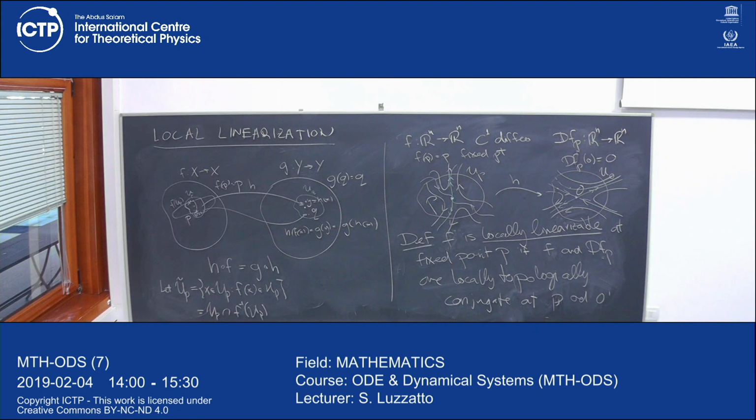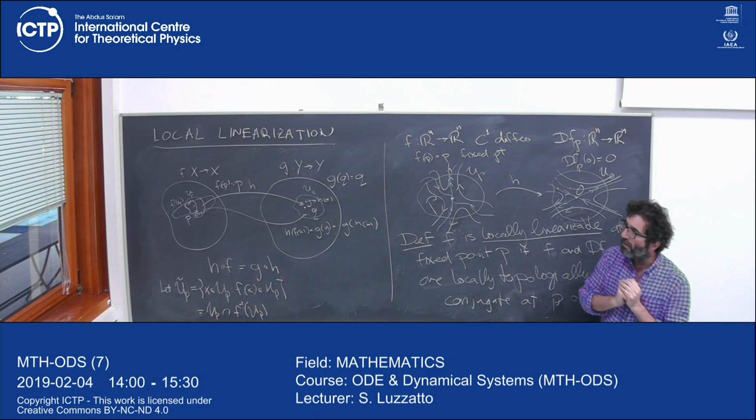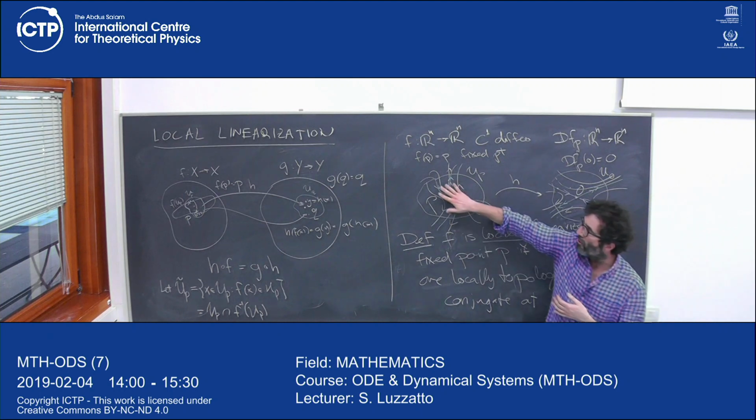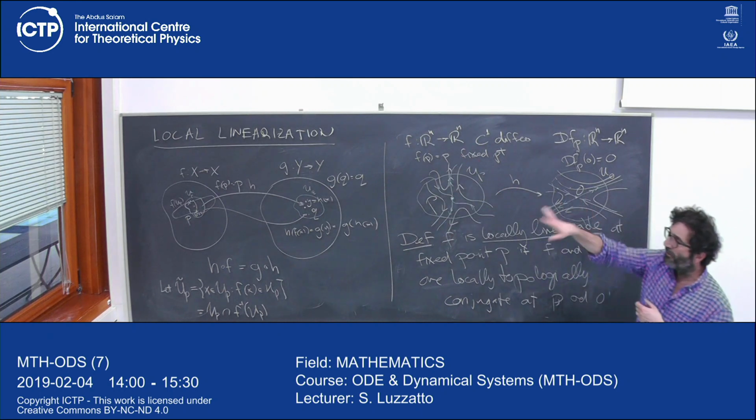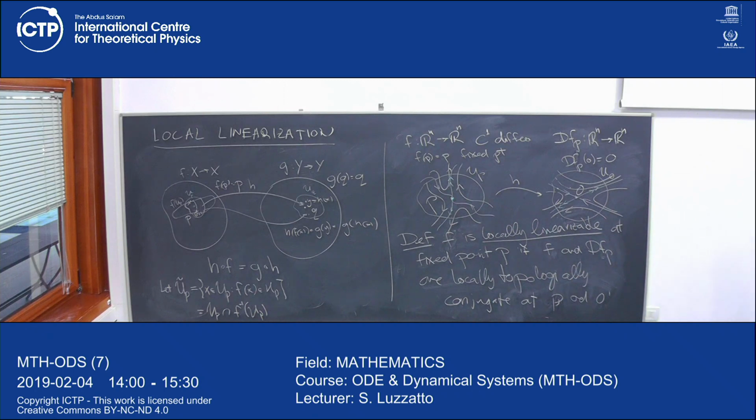When you first study derivatives, you think of derivatives as a kind of approximation of your function, a linear approximation of your function. I know sometimes maybe you will have been presented it like this, and in some sense we're implementing this philosophy that if you take a small enough neighborhood, then the linear map is an approximation of this diffeomorphism at P, and therefore the dynamics should be the same in this neighborhood. So the question, of course, is do we have this property? And so the theorem